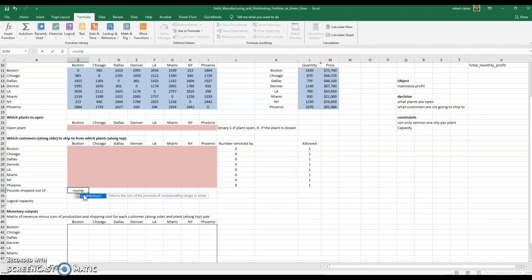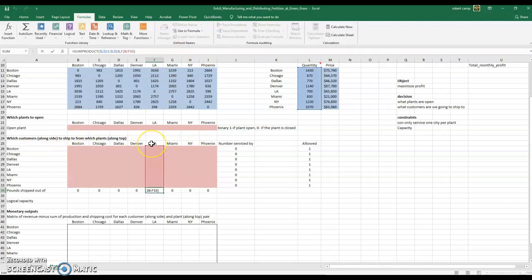Well, we could do a SUMPRODUCT of whichever plant is servicing the city with the quantity. Oh, gotta hold Control. Actually, there we go. Now, we did not give this a range name, so we got to make sure to lock that in. So I'm just going to go to that L11 to 18. I'm going to put my dollar signs in so that will not move. So what I'm going to do is I want to drag this over. So if I pick this one here, so what I have is